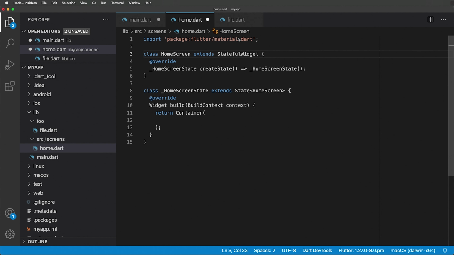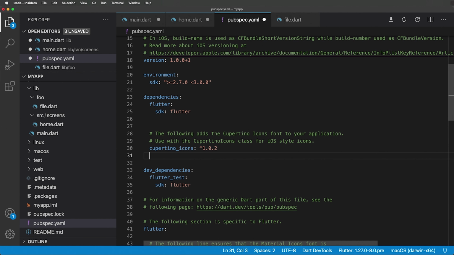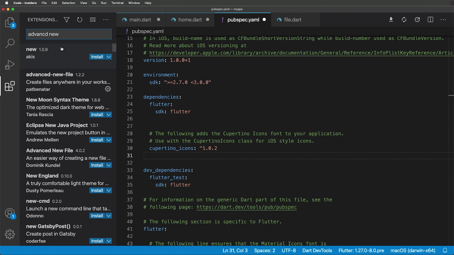The final thing that we want to talk about is how do you actually go and get those packages installed? So we know that this gets added into the pubspec.yaml file. So I've got Cupertino in here, and then any other dependencies, I would have to go find them and install them and then type that in here. One of the nice things though is if we get a tool called Pubspec Assist,